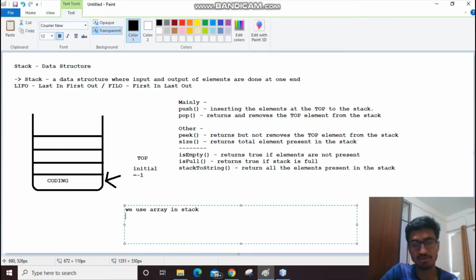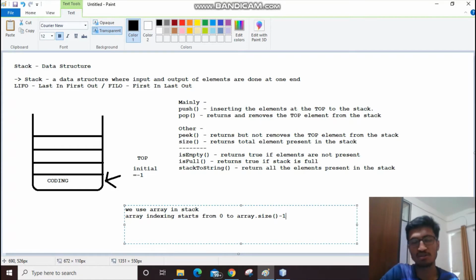We know that array indexing starts from 0 to array dot size -1.